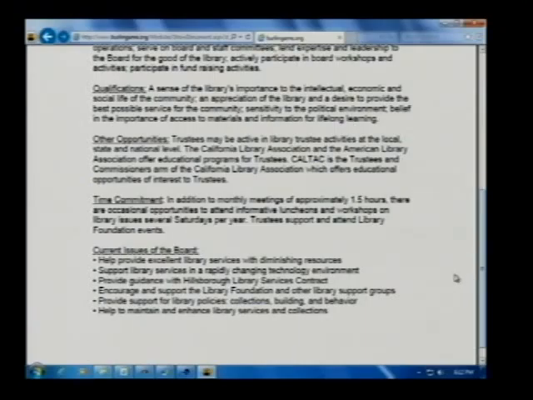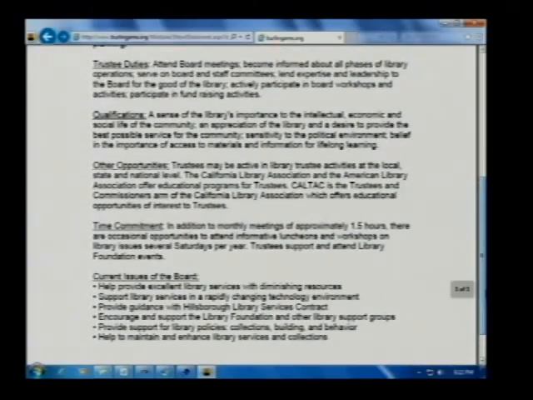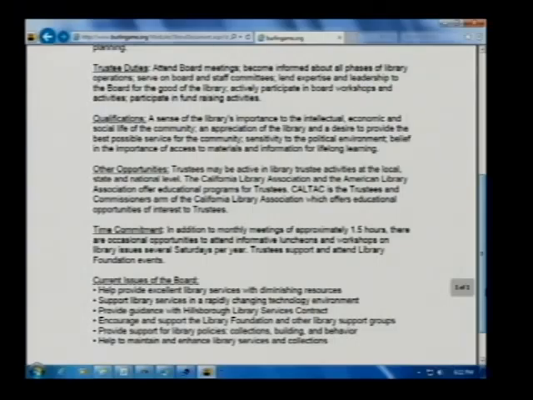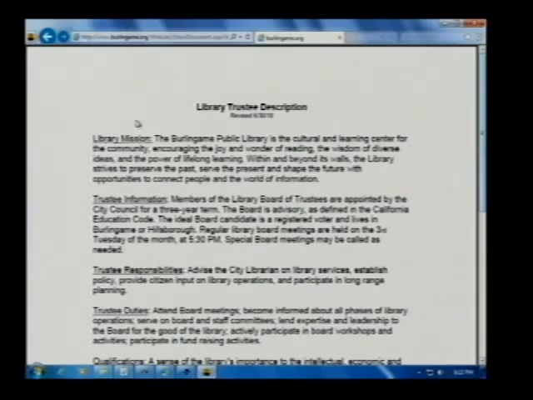And that looks like something that was probably straight from the municipal code, I'm guessing. Well, other opportunities, time commitment, that's not from the code. Ah, current issues, qualifications. Okay. A lot of dates. All right, and what do we have up last is